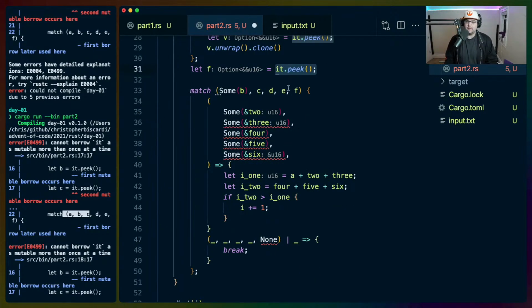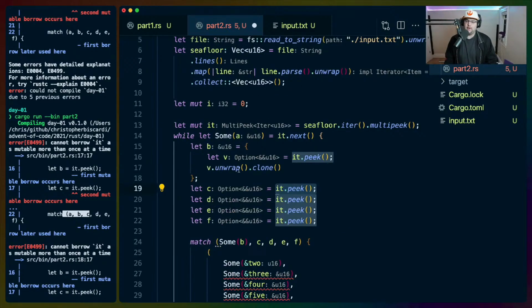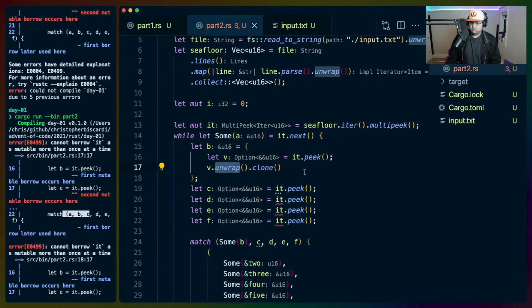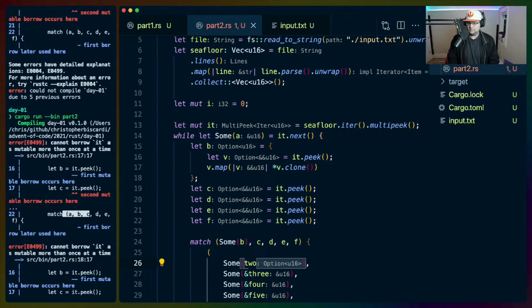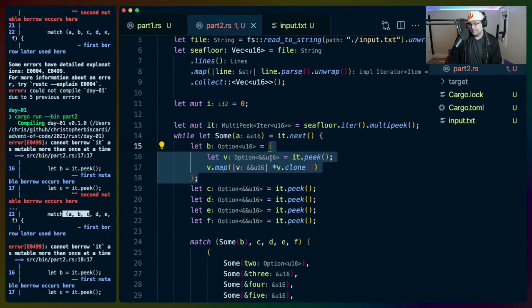Well, first of all, it doesn't fix it because we can't unwrap here. There we go. Why can I not take... I have to take a reference here, right?